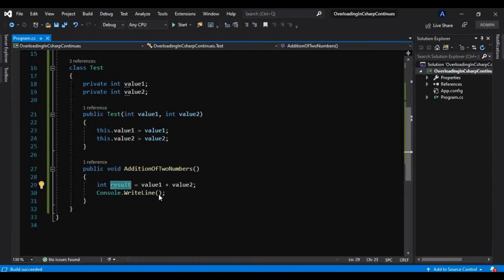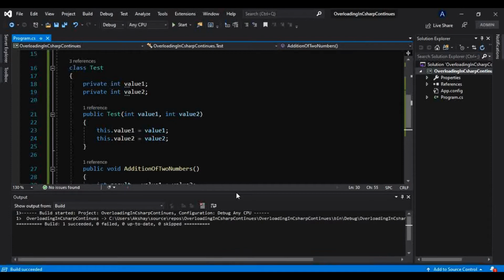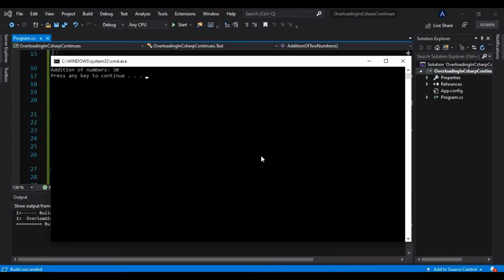Okay, so we have to put that result into this console, and let me give some meaningful message here, that is addition of numbers, like this, and we have to concatenate that to the string. We have learned string concatenation as well in this tutorial series, so please check that out also if you are not aware of this. As a beginner you should know these basic things, so that is why.